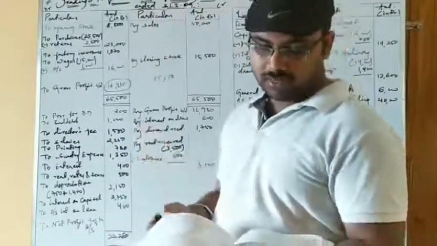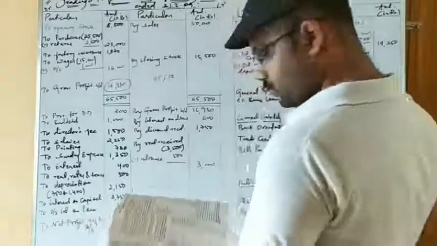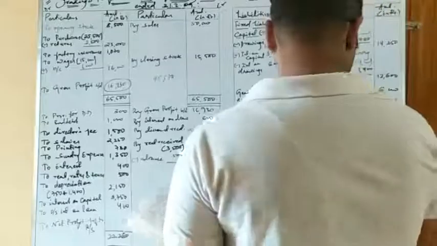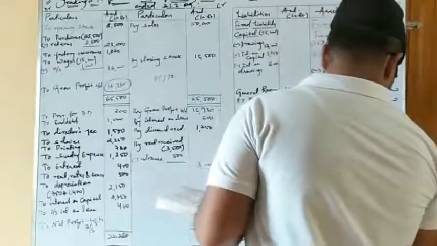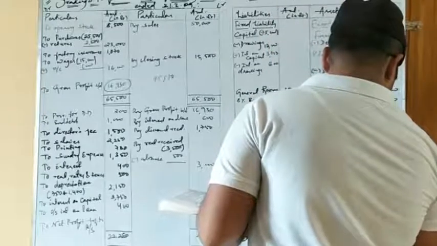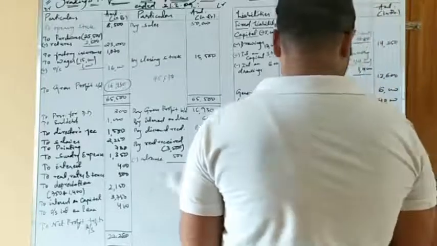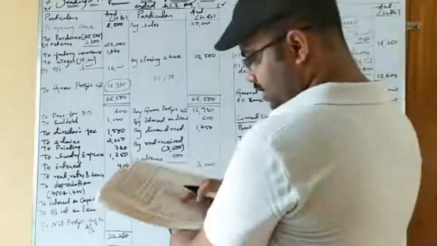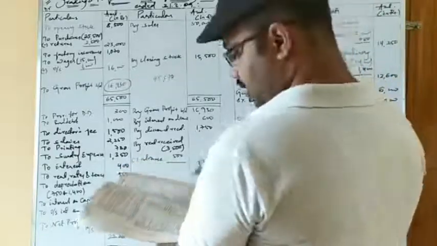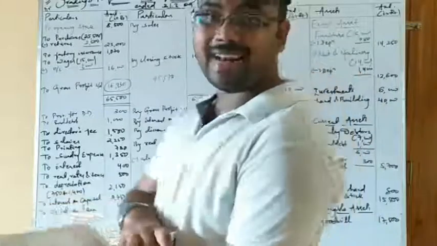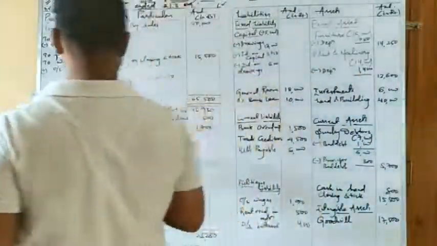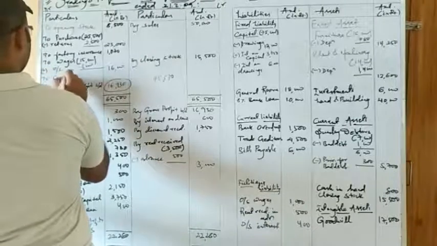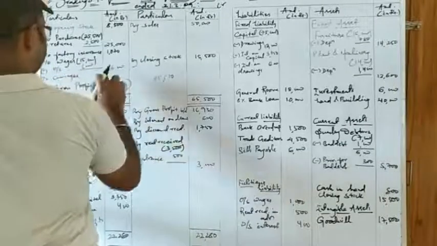The mistake we have made is, in the question, cash in hand is given as 800 and I have wrongly put it as 2,400. So this is the first mistake that I have made. So cash in hand given in the question is 800. I have written it there now. Then the next item is carriages that I have left. So carriages is to be put on the debit side of the trading account, as you know, because carriages is treated as a direct expense.